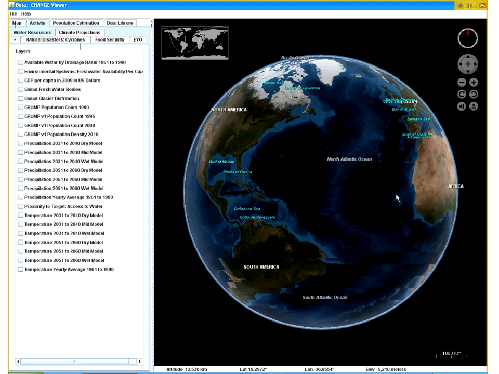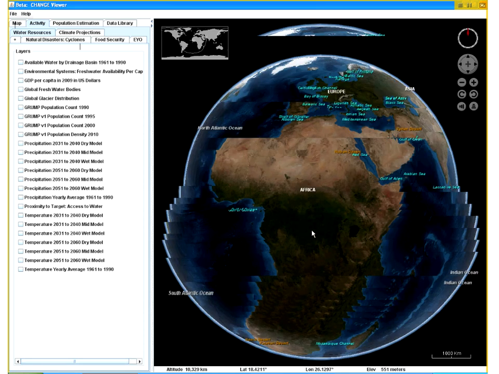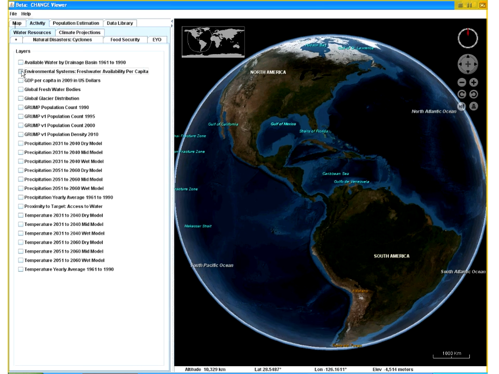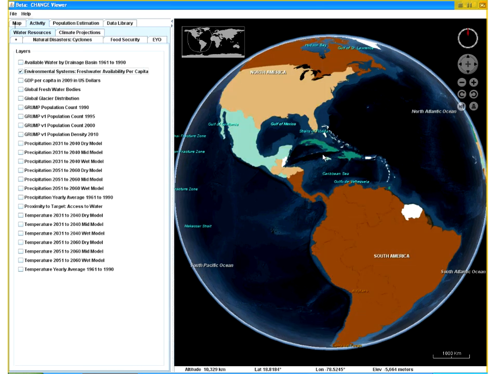And so as I see it, the Change Viewer acts as a globe. I can spin it around, I can zoom in, I can shift, and so I'm really able to examine the world. And we have these data sets, and so as I turn on, I'm going to take a look at perhaps what happens with the change in precipitation to freshwater availability and how many people might be impacted by that. One of the data sets that I'm going to turn on is the freshwater availability per capita. The freshwater availability per capita is telling me what is the freshwater availability for the number of people living in the country. And so as we see